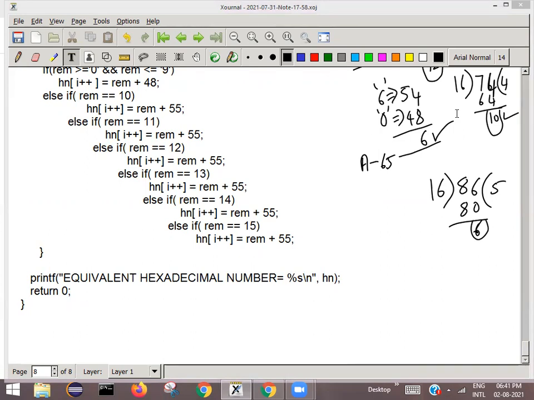Viram asks: in the else if condition, if you mention the range as 10 to 15, how does the program know that you got the remainder as 11, or the remainder as 12? For each number, you need to store a different alphabet. 10 should be stored as A, 11 should be stored as B. If for 10 to 15 you are storing only one alphabet, then you can use that range. But for each number,